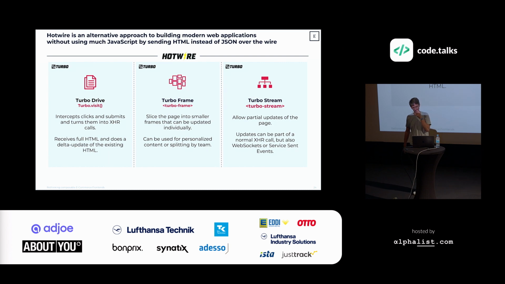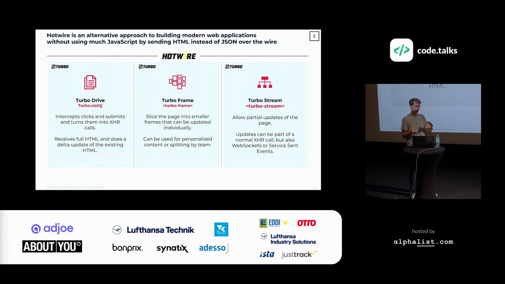And the last part, and this is the most complex thing, but also the most powerful one, Turbo has the concept of the server sending back a stream tag, and then this would allow me to update individual parts of the document. So you could say, for example, I do a post operation against the server, and the response is a couple of Turbo streams, which say, please update the cart counter and put a 1 there because I put something in the cart, but also update the cart button and turn it to a different color, something like that. So it's quite easy to do that, and it's